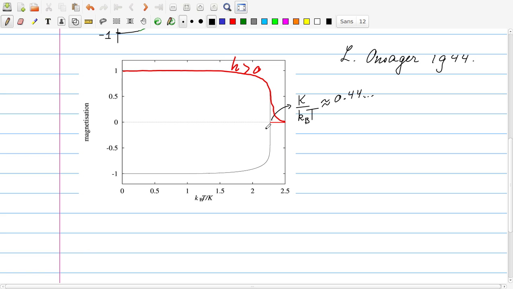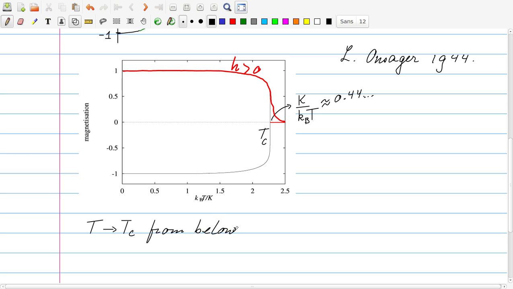So this phase transition here is called a critical phase transition, and it takes place at Tc, and we are interested now in how this curve behaves when we approach Tc from below. So T is going to Tc from below, and we ask ourselves